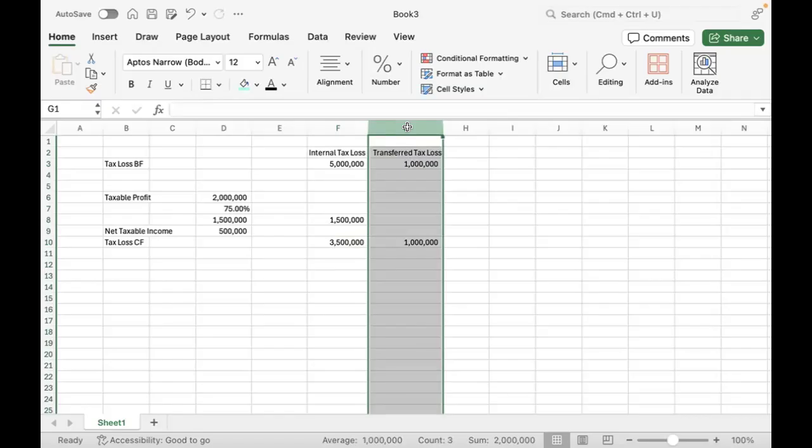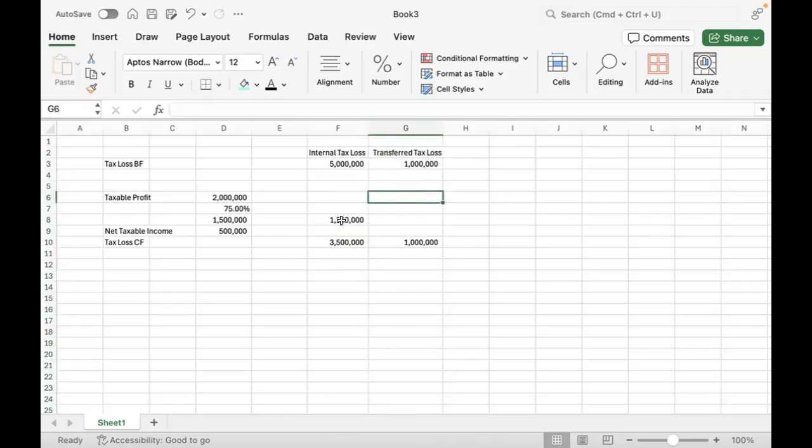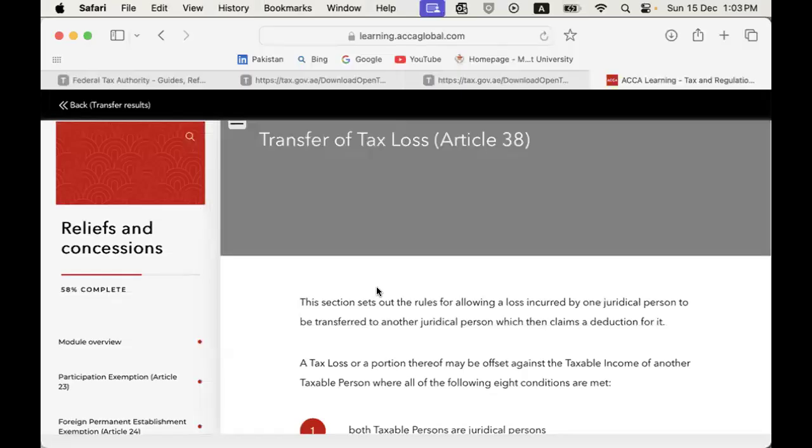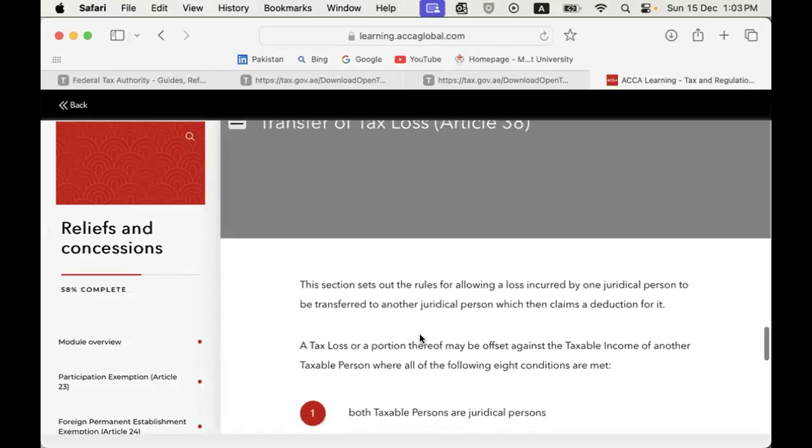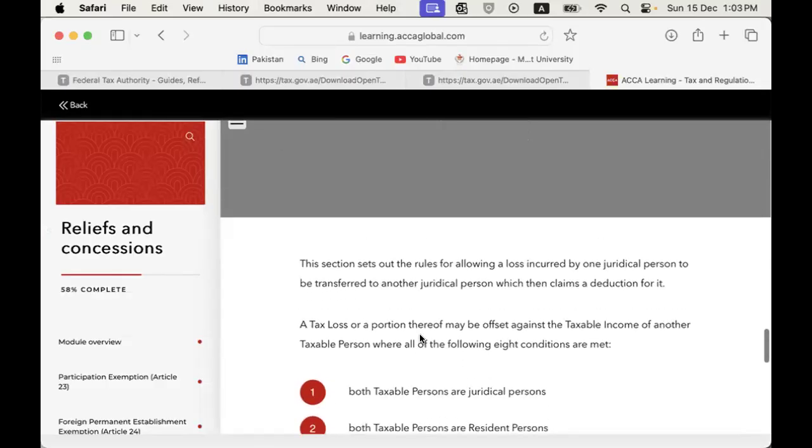Yes, now I got the answer. Basically, the 75% cap is on both, the accumulated tax losses. If you really think about it, it is cumulative. That's why the FTA have capped the taxable income at 75%, so at least each year they will get something as a cash flow from the company's profit. For example, otherwise you could set 100% of the income against all your internal and transfer losses, but that's why they have kept a 75% cap on the taxable income.